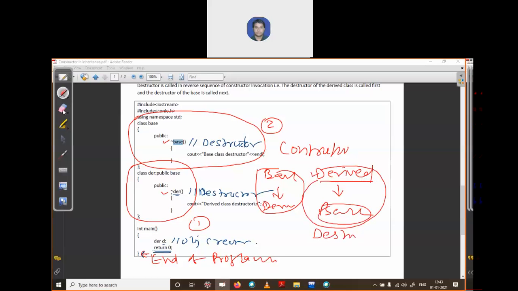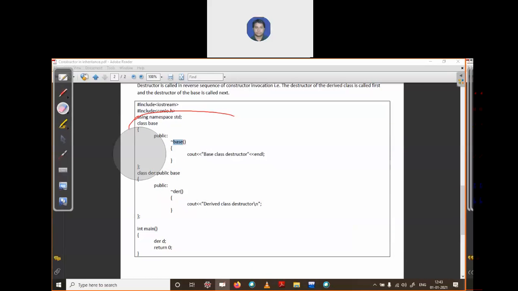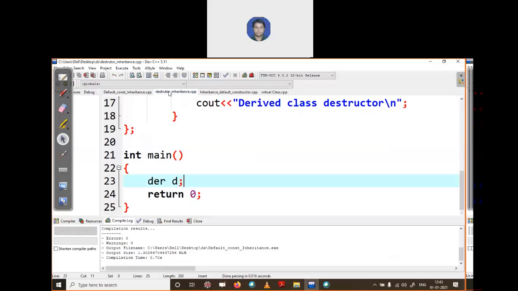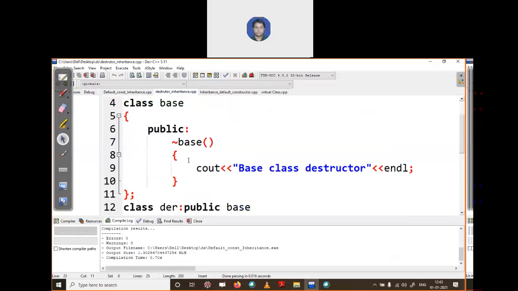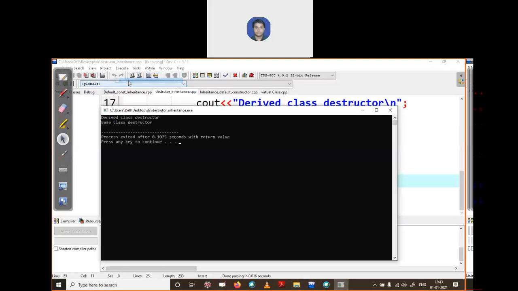Let's run this code. I wrote the same code in this compiler, copied from there, and let's see the execution. First compile. As you can see, there is no error, no warning, so I can run this code.